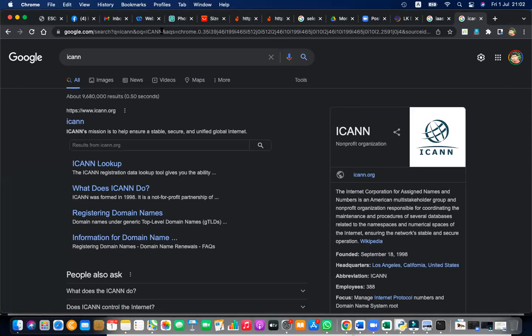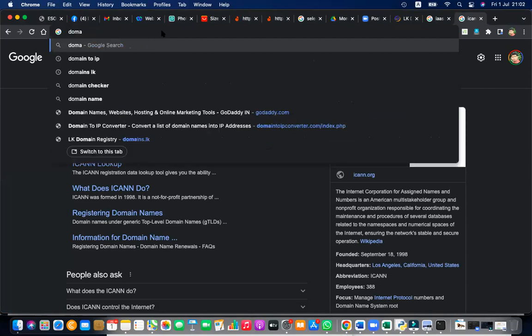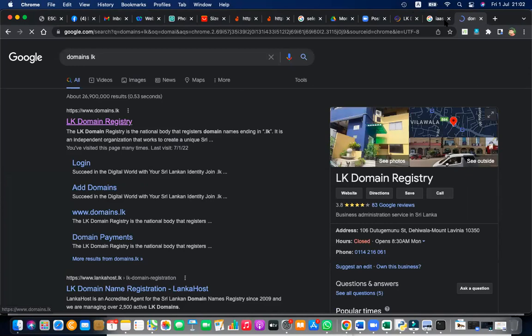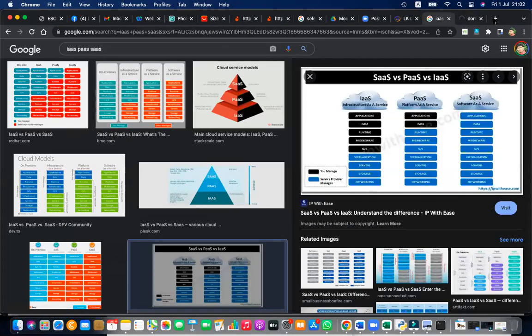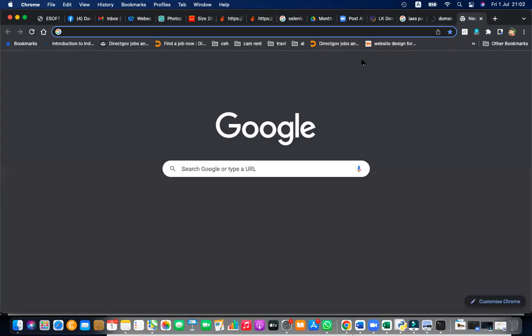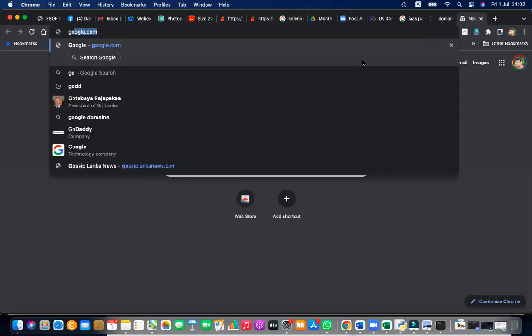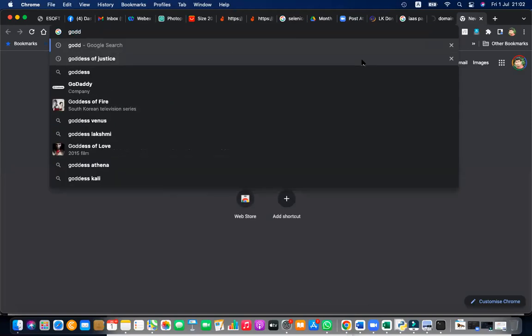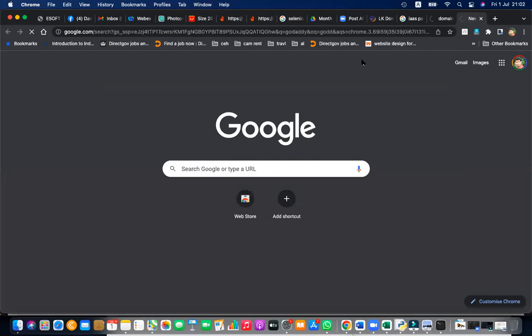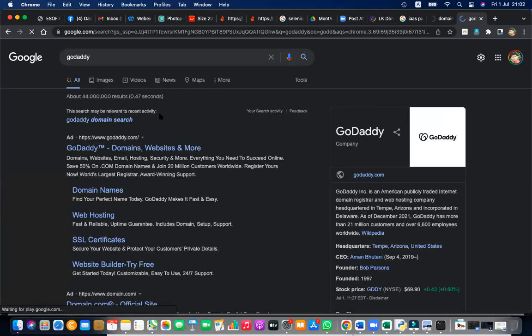They are the factory, but we will not get it from the factory. We will get it from domains.lk, or from a site like godaddy.com or ipower.com. So these are resellers. These people can resell.